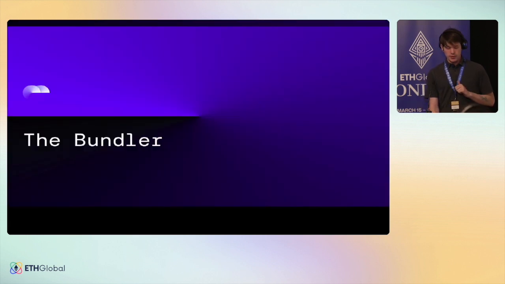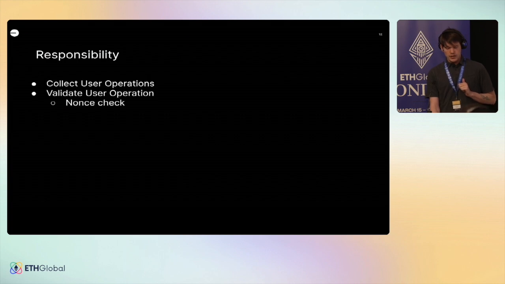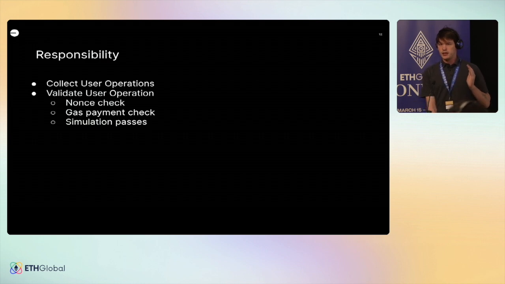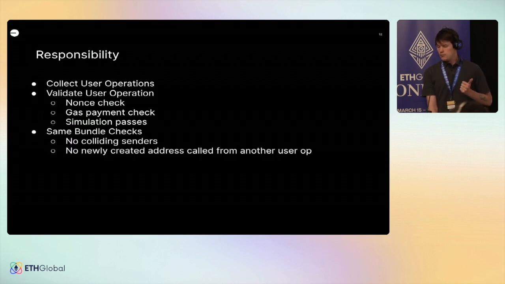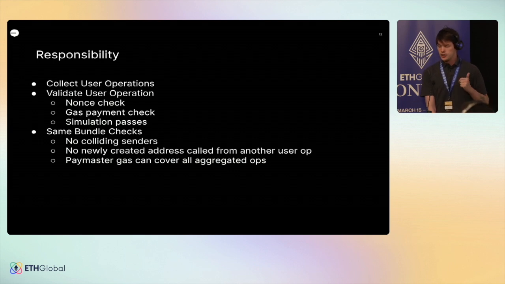Okay, so high level, the bundler collects those user operations and validates them, so it's actually doing a debug simulation of your transaction, some basic checks of, hey, is this a valid thing? It also aggregates them at the paymaster level to say, hey, can this paymaster afford the 10 user ops in my bundle? It also enforces that you can't call a smart contract that is getting deployed in the same bundle. So if you're using a factory to create a smart contract,